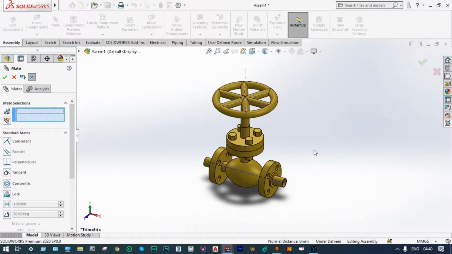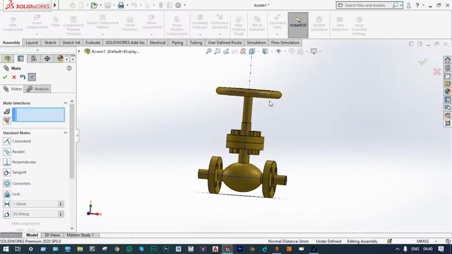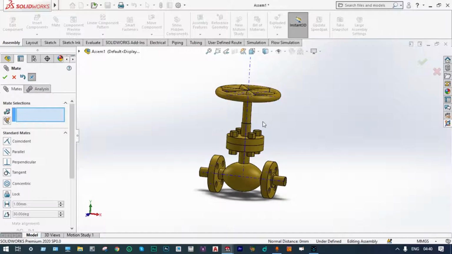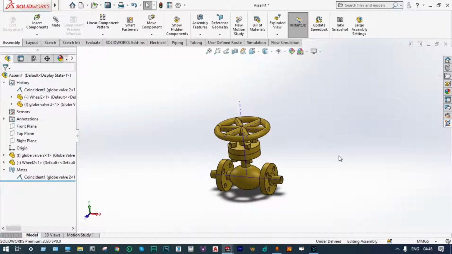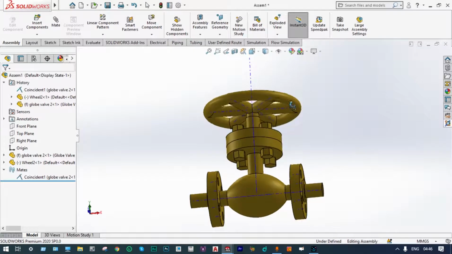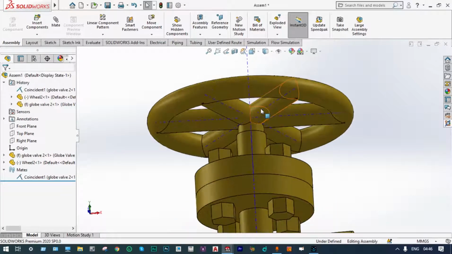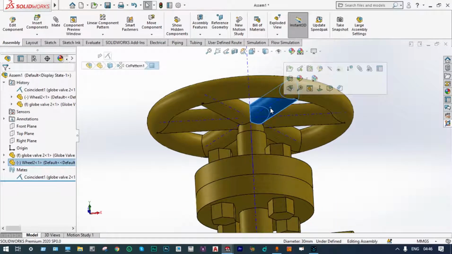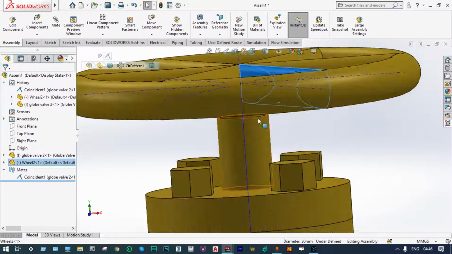Done. Next, you have to provide a specific distance for these two components, right? Now we want to provide a restricted motion of this plunger in order to have restricted motion of these flow particles inside this pipe. So for that, we'll select the components, this part and the bottom part of this,